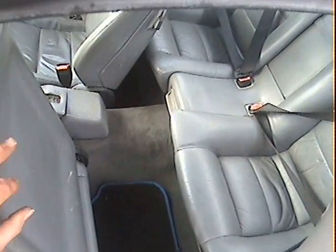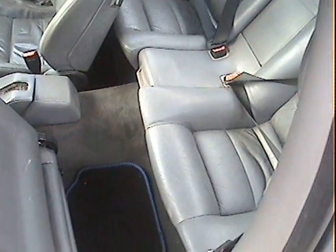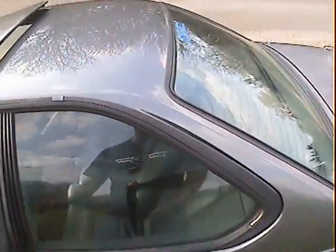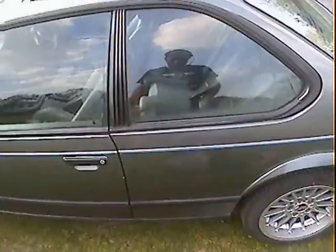In the back it's all good as well, that's all nice in there, so it just could do with a bit of valet, shall we say, inside. But looking at the near side rear wing, this has been painted. I'm sure the near side rear wing and the boot lid have been painted at some point, and I would